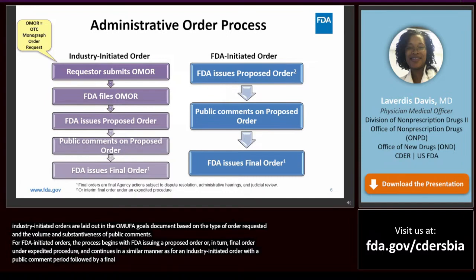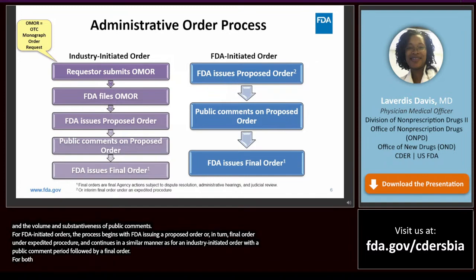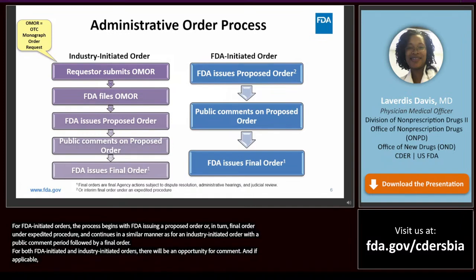For both FDA-initiated and industry-initiated orders, there will be an opportunity for comment, and if applicable, for dispute resolution, an administrative hearing, and judicial review.